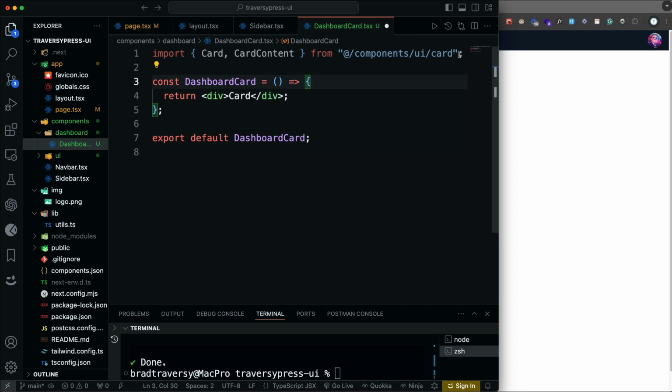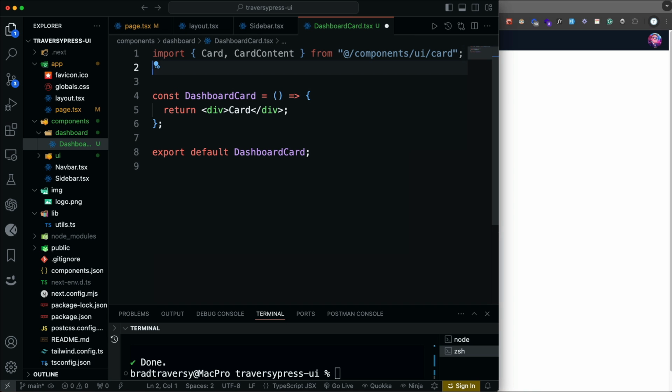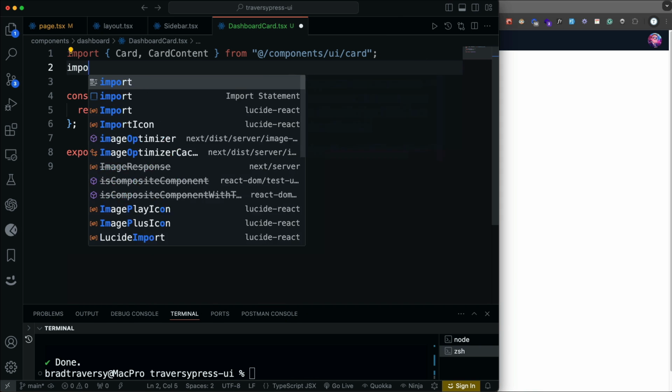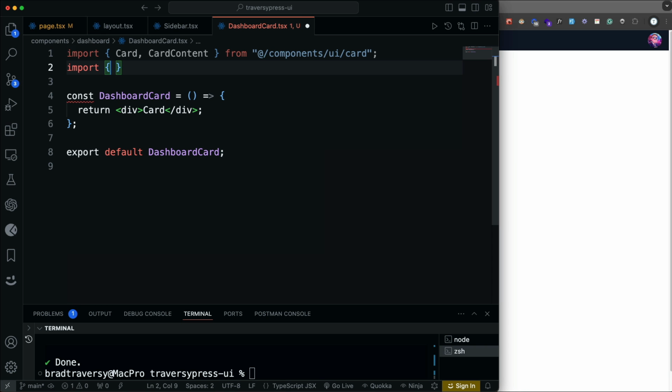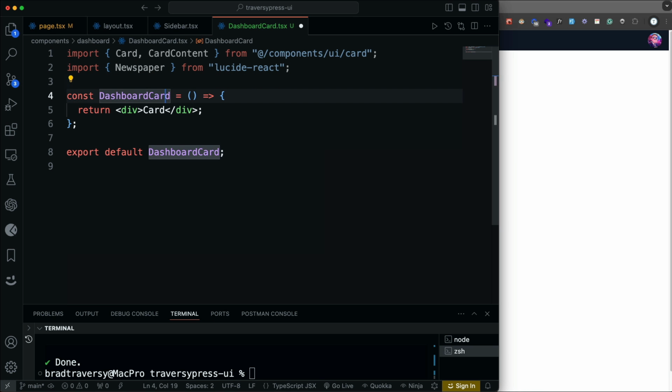particular thing. And then we're going to be using some icons, and right now I'm just going to make everything hard-coded, like the title, like posts, the count of the posts. I'm going to hard-code it all right now, but then we'll make it props after that. So let's import the newspaper icon from Lucide React, and then down in the return here, let's